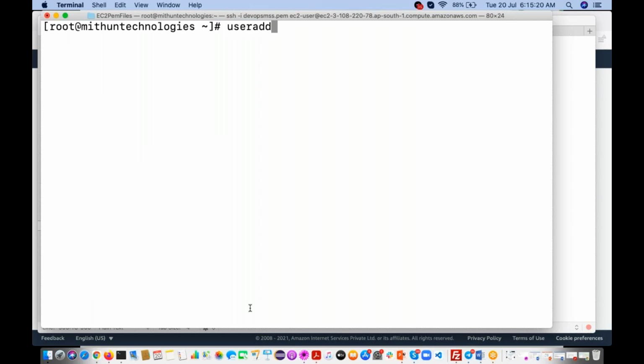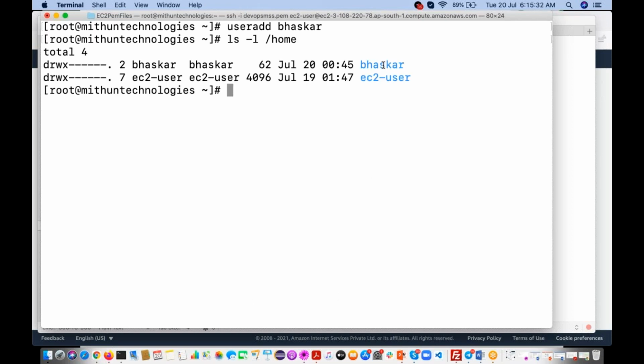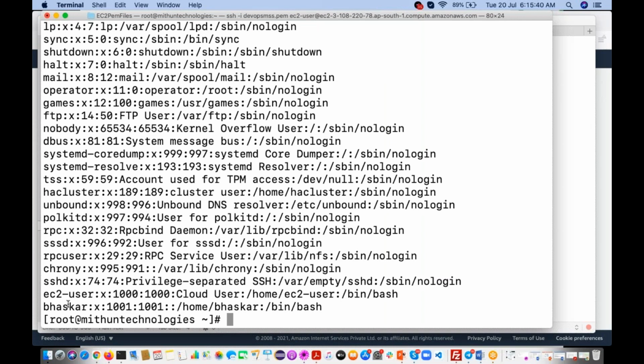User add and give the Bhaskar. It has been created. If you want, you can check it in the home directory. The directory will definitely be there. See, the Bhaskar user is there. Okay, if you want, you can go and see in that passwd file. See, Bhaskar user,